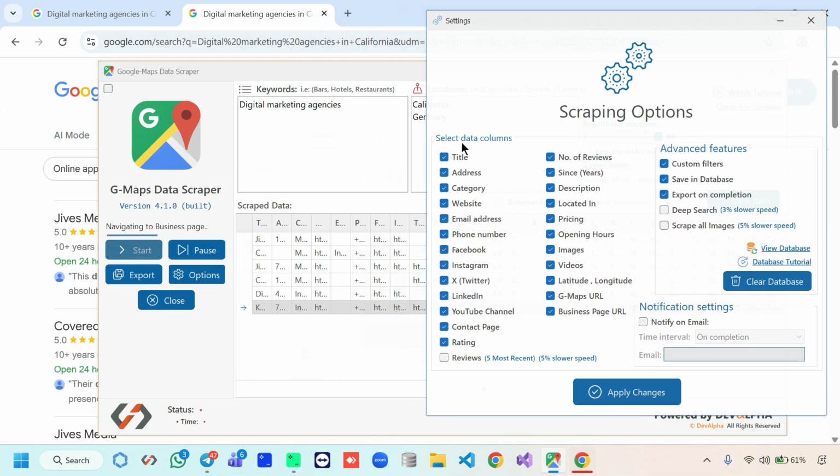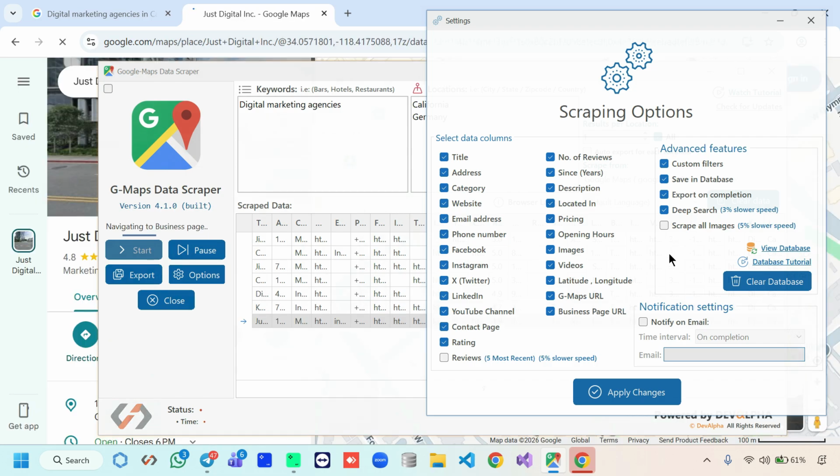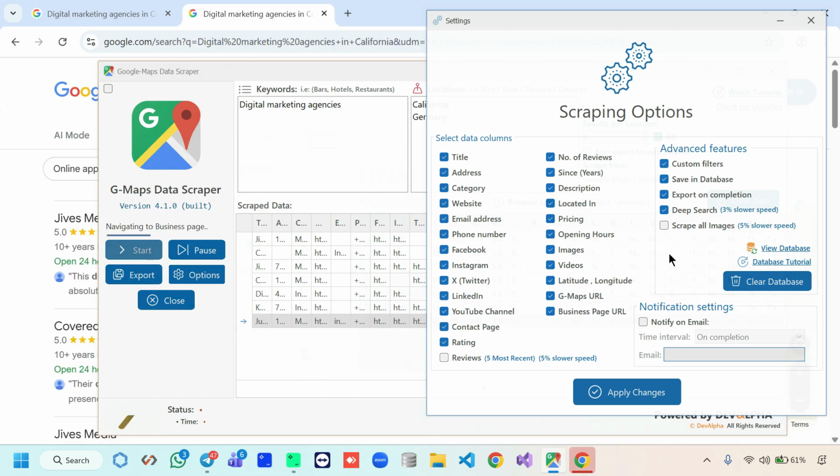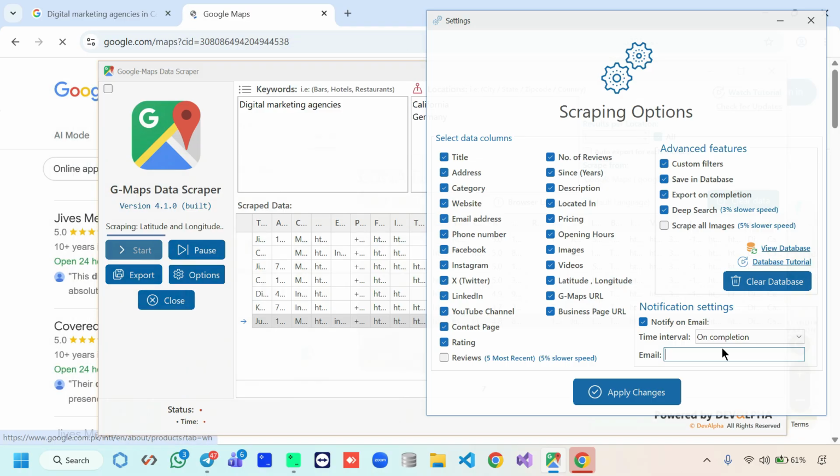And you are seeing some emails are not scraping. If we enable this deep search option, it will find the emails from their sub pages and social media pages also. And this option will scrape all the images of the business. And here you have to type your email. For example, I type my email